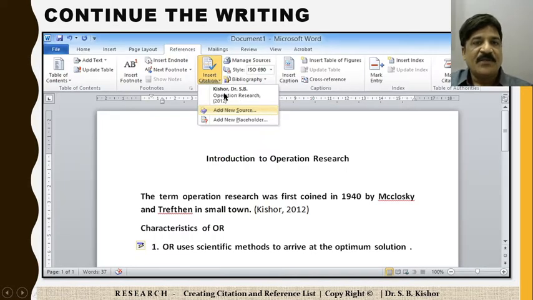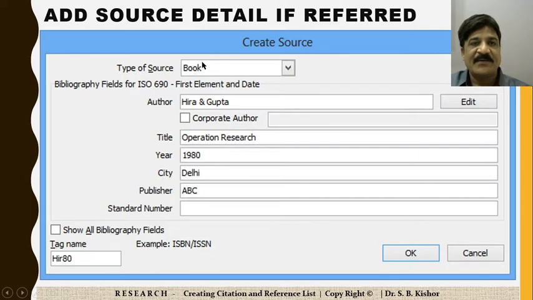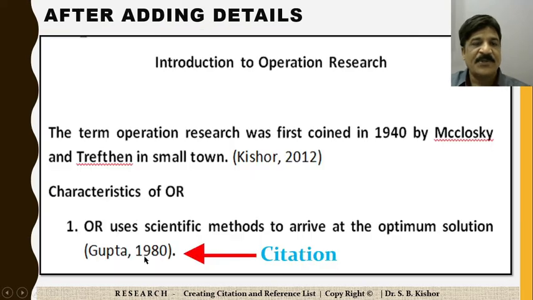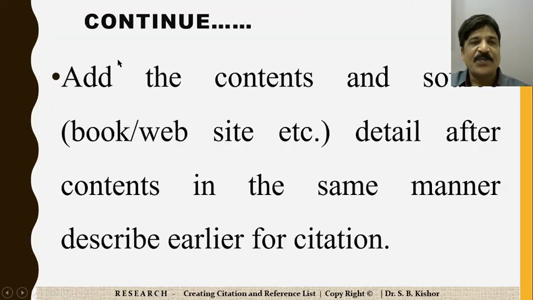Here it is showing what? The citation that you have referred to so far. So we have referred to only one. Then again add a source. Assume it is a book, the author name, and so on. Specify other details, and finally at the end click the OK button. So again you will get another citation. Okay, and now continue this procedure until the end of your paper.